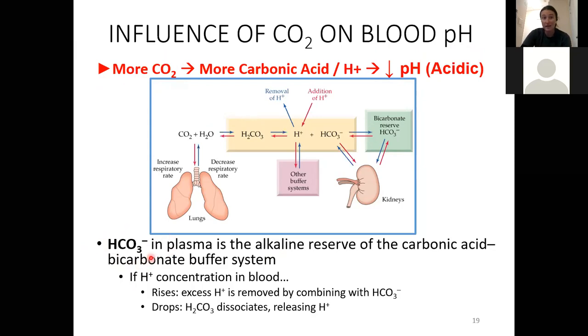Bicarbonate is the primary buffer system in our blood. And so we can produce more or less bicarbonate essentially by holding on to more CO2 or releasing more CO2 out of the lungs. All right, remember that this buffer system, this bicarbonate,